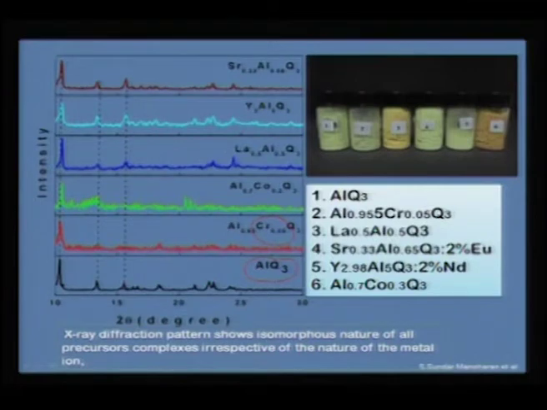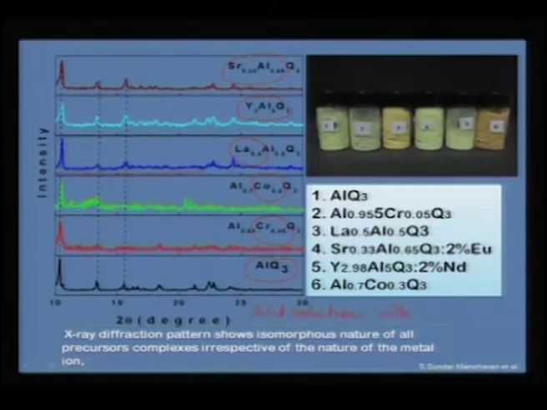Now, I can go to another situation where I put 30% of cobalt there, and you would see that still the AlQ3 structure is retained, or if I put 50% of lanthanum, still this crystal structure is retained, or you can go for any other complex variation. In all these cases, you would see that the AlQ3 X-ray structure is retained. Therefore, I can call all of these solid solutions